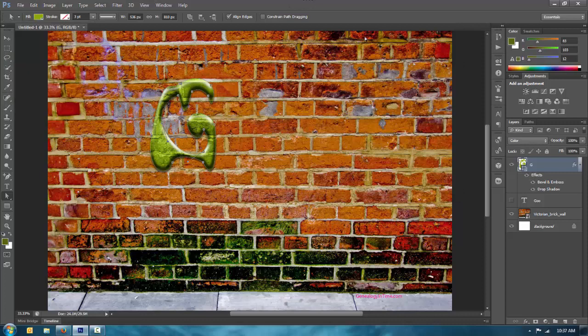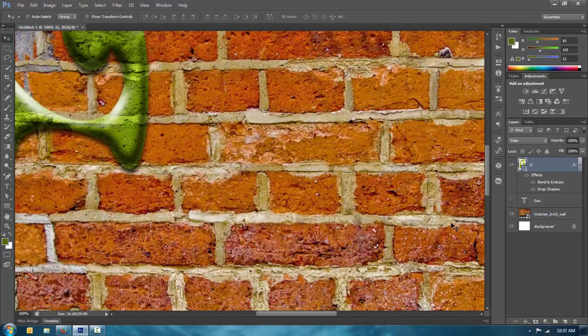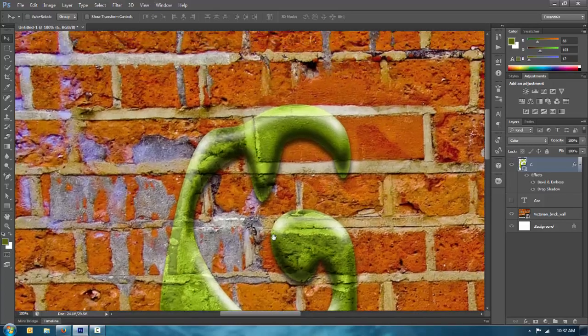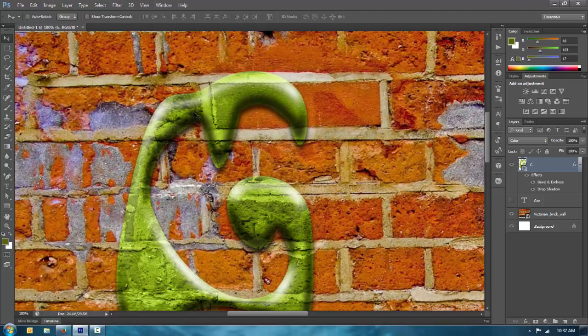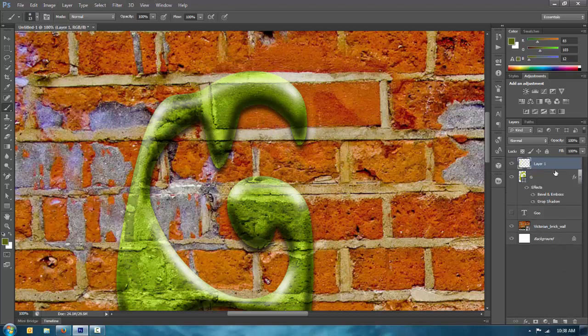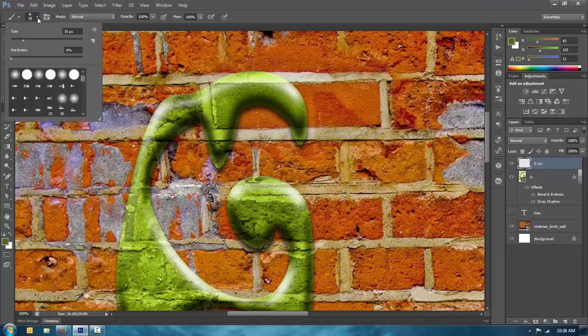Alright, so I could go a step further. Maybe I want it to look like he's dripping goo. He's not just a shape of goo, but goo's going to be dripping off everything. So now I could add to it. Let me grab my paintbrush tool, create a new layer. I'll call it my G. Now I'm going to grab a hard-edged brush and I'm going to paint